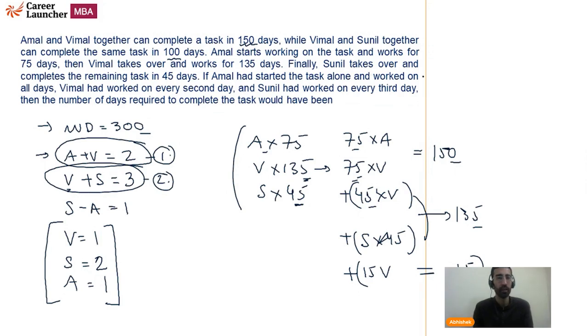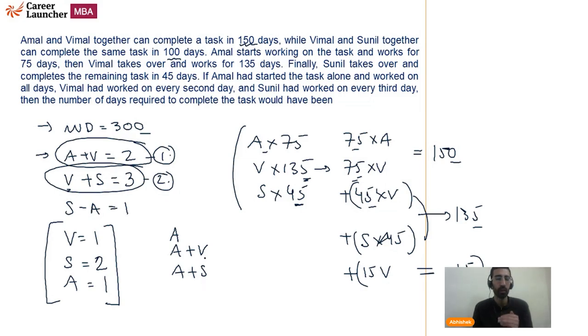So Amal has started the task alone, works on all days. Great. So Amal will work every day. On the second day, Amal is joined by Vimal. And then on the third day, Sunil comes in. Right? It's Amal and Sunil. Now the thing here is,